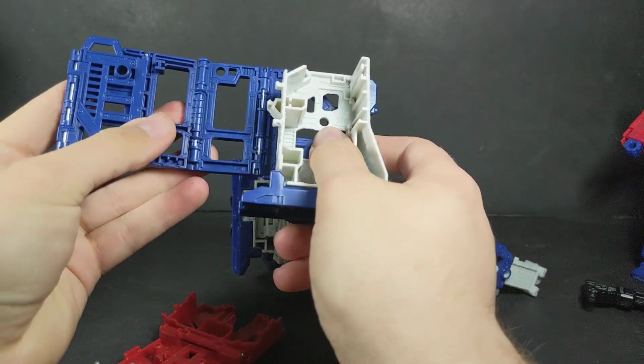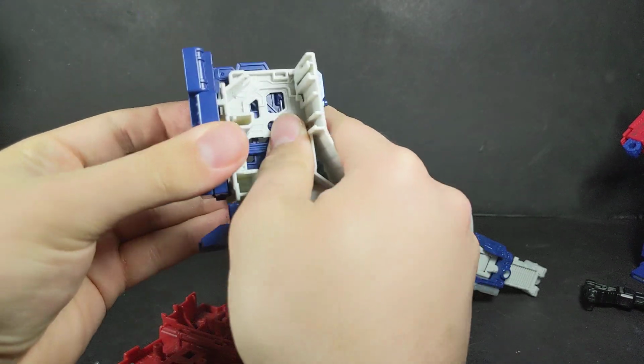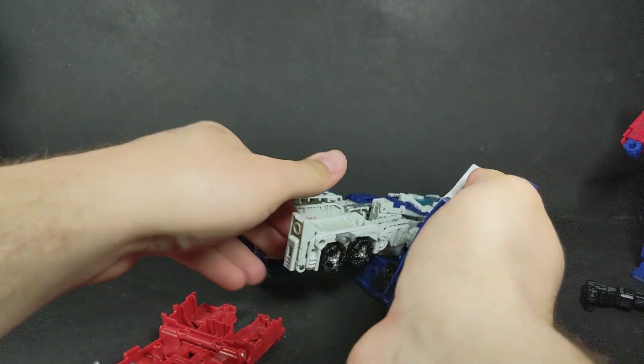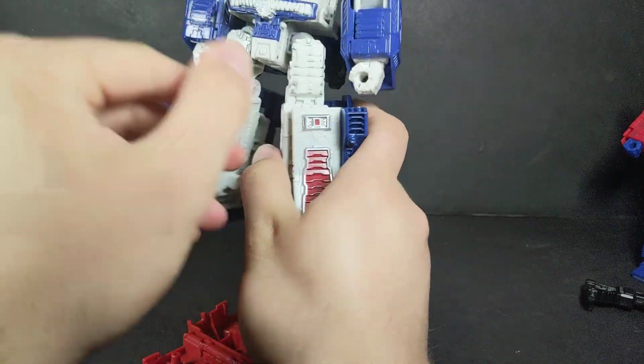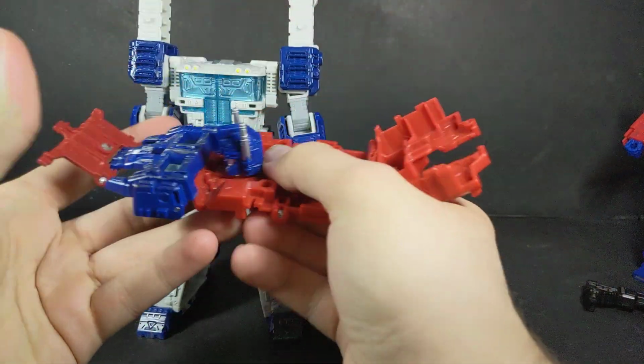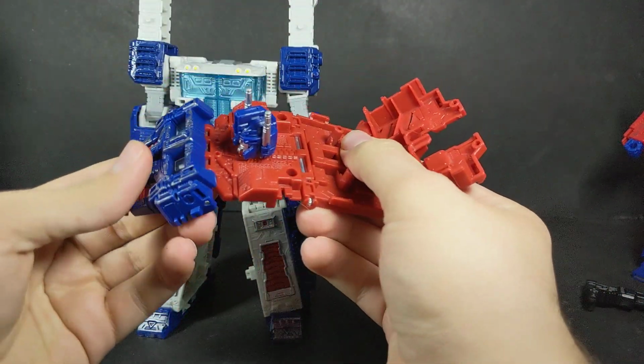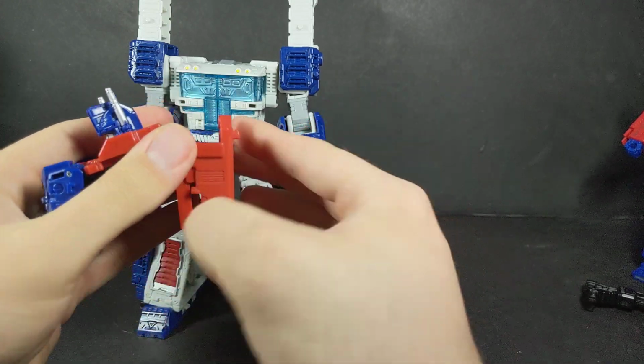Come here, fold, fold, fold, and fold again. And we'll just go onto there. Then for this section, you just want to slide the section up and around, bring it down, bring this down,